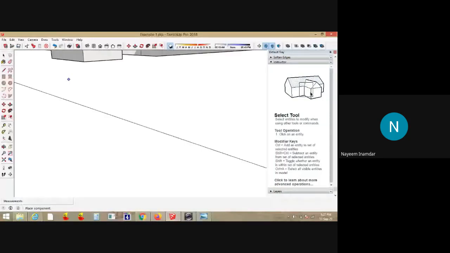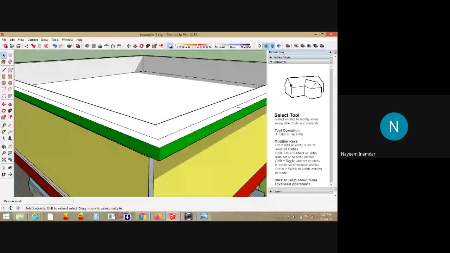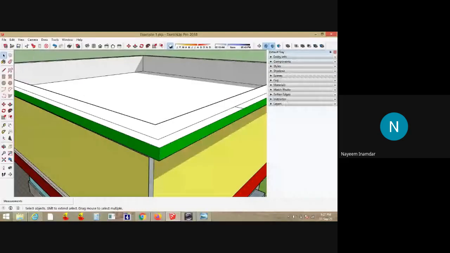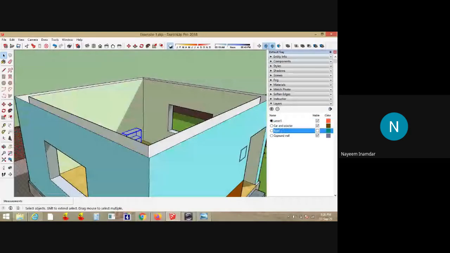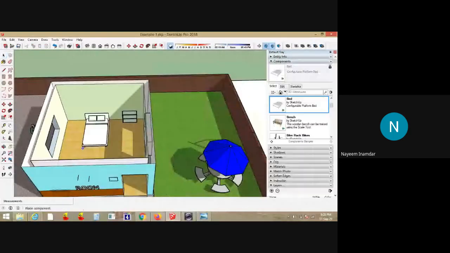You do one thing, you just switch off the layers. Go to the layers, you switch off the roof layer so that it is very easy to place the furniture here. I'll just go to the component, I'll take the bed, I'll just paste it here.